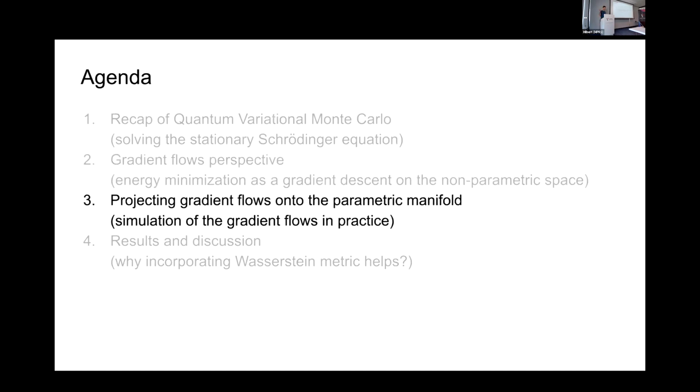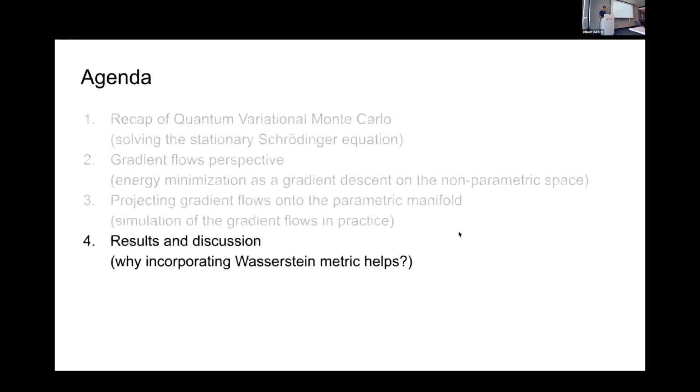Then we will consider how to project them back on the parametric manifolds, and we'll see that it gives us different algorithms and some degrees of freedom. And finally, we will discuss why incorporating notions of Wasserstein metric and optimal transport